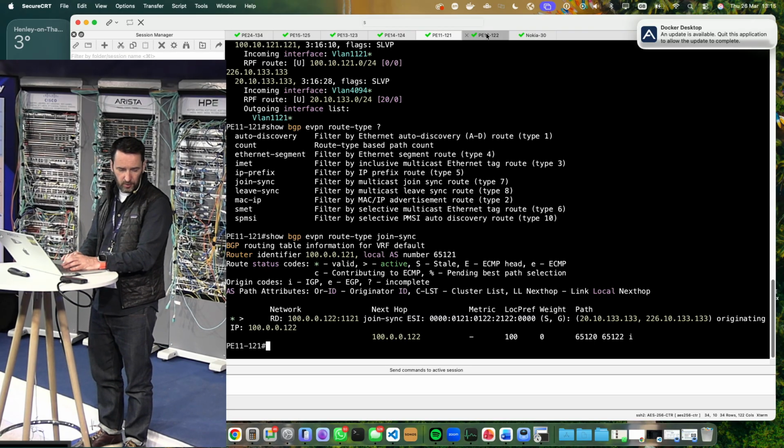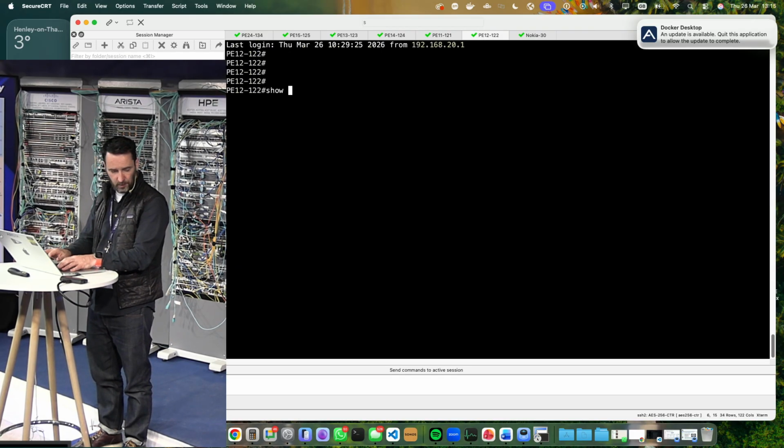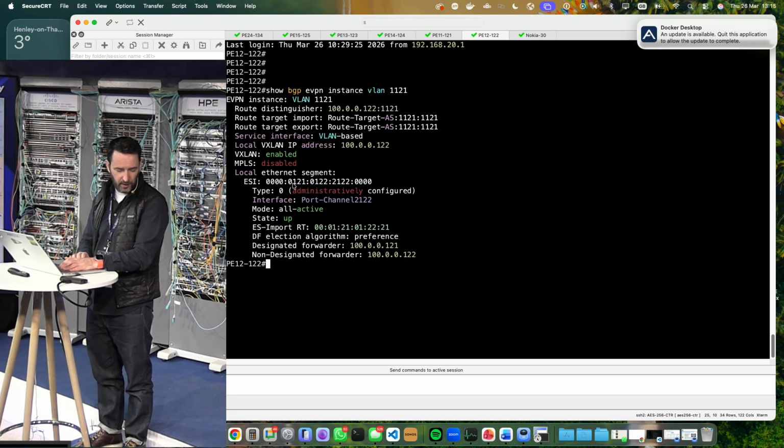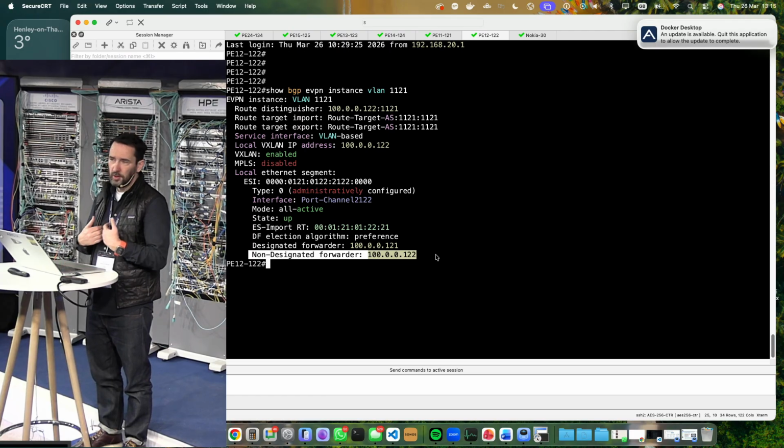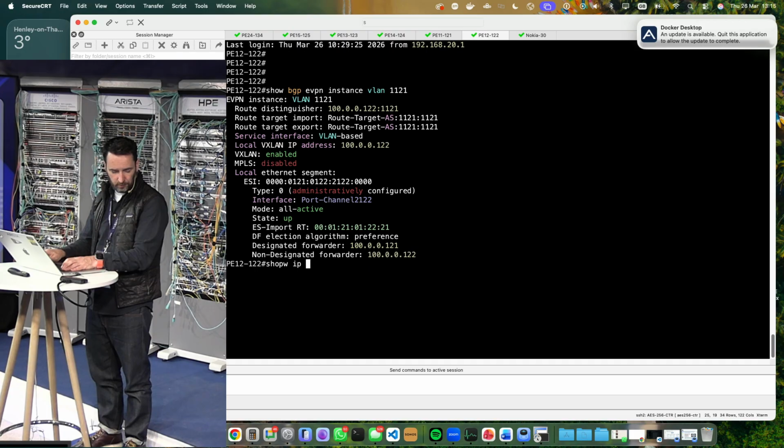Which therefore means if I go to the other node, which is part of the same ESI, you can see he's part of the same ESI, but he's the non-designated forwarder, right? So he's not going to be sending any SMET routes. But if I go to